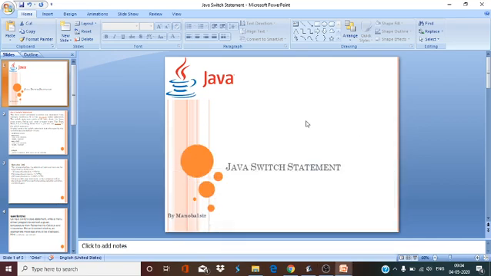Today, I'm going to explain the Java switch statement. As we have already discussed with the if-else if, if you have to give multiple conditions in Java or any other programming language, you have the option of the if-else if ladder format. But one more option is there, which is called a multi-branching statement in Java. So you can say that the Java switch statement is a multi-branching statement in Java,